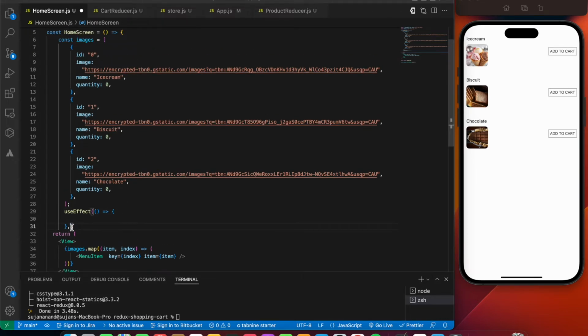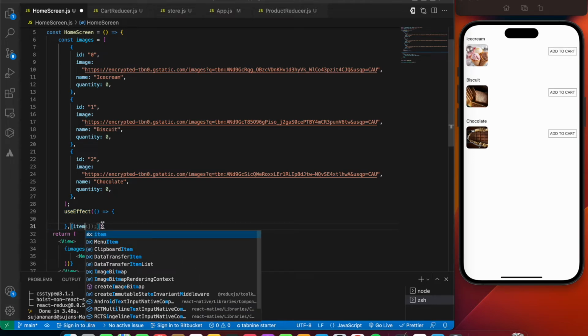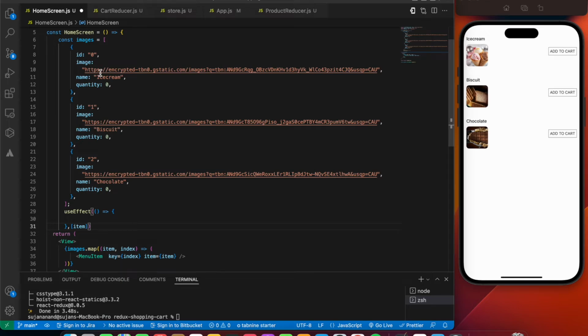So if we include an empty dependency array, this useEffect is going to run only once when the home screen component loads. Okay, so if we have some attributes inside our dependency array, it's going to run once the home screen loads, and again whenever this attribute changes. That is, when the item value changes, it is going to run again. So that's the basic understanding of useEffect.